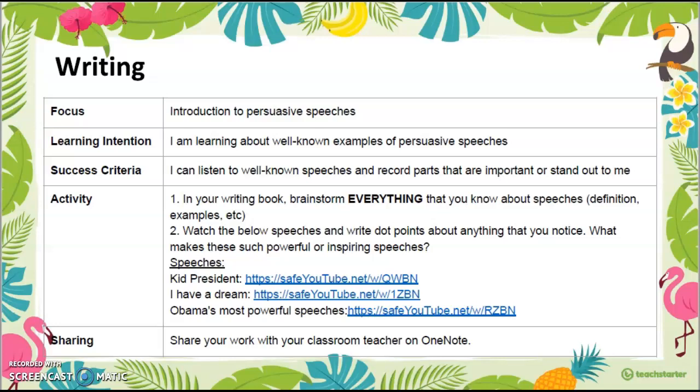what type of language. I know that Kid President uses a mixture of language when he speaks, so sometimes it's pretty loud. I know he has a bit of a giggle from time to time. What do you notice and what makes that speech so inspiring? Also really have a think about what they are speaking about in these speeches.